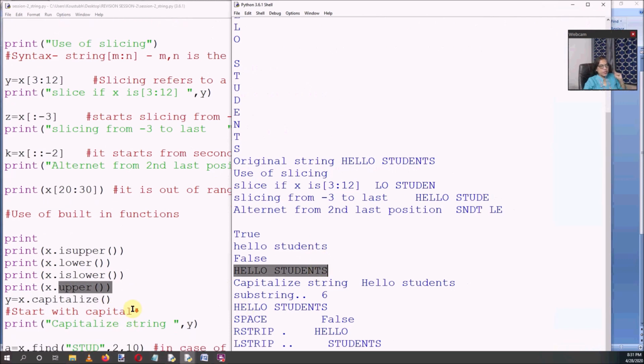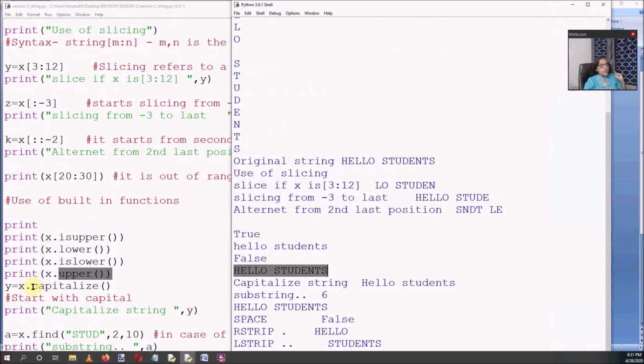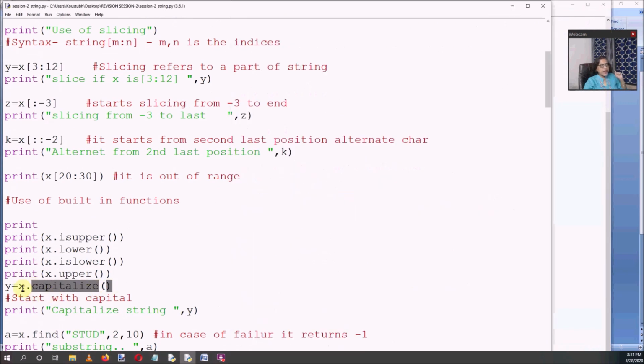The next function is also very interesting, a nice function: capitalize. Capitalize will help us print in the proper format of a sentence, where only the first character of the sentence is converted into uppercase. Check the syntax: x dot capitalize, meaning the string name, dot, capitalize.